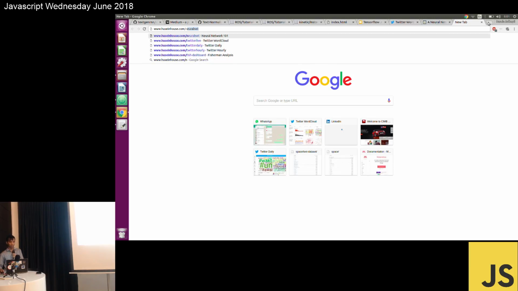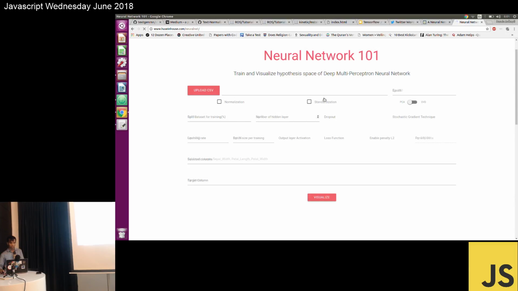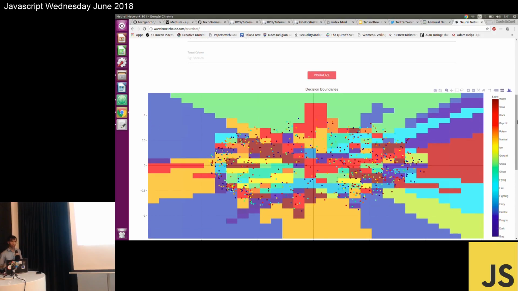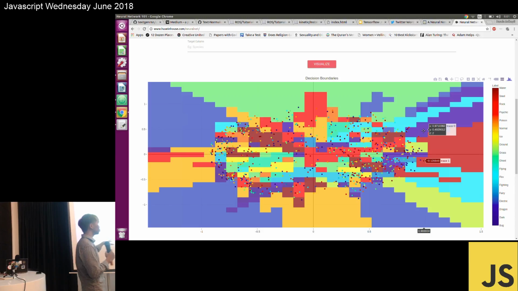It's like this. You can choose normalization, number of hidden layers, batch size, and the default is a Pokemon dataset. You can see there's a water type. So this is actually how the neural network makes decisions when you give it the dataset. This is in 2D after we reduce the dimension. You can see there are 16 classes: fighting, fairy, flying, bug, and so much more. But for this one, I need to code the Python backend.